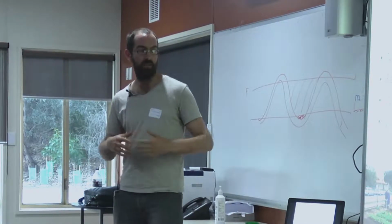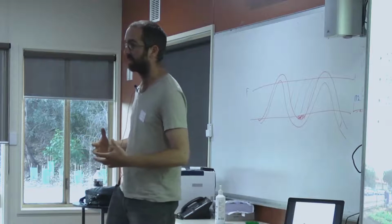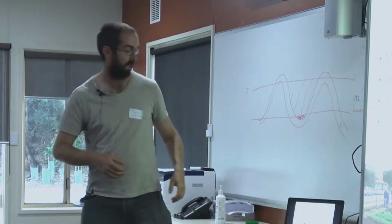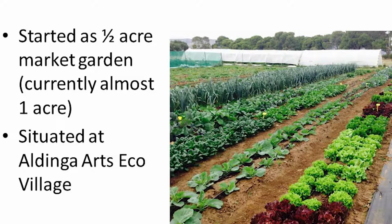As you can see, this is Wagtail down the bottom here, so it's very tiny, sort of backyard scale urban farm. And I wanted to start something bigger that was going to provide a livelihood. So I started Village Greens in 2014. Village Greens started off as a half-acre market garden. We're almost up to an acre now. We've just expanded. And as I said, it's situated within the Aldinga Arts Eco Village, which is about 40 minutes